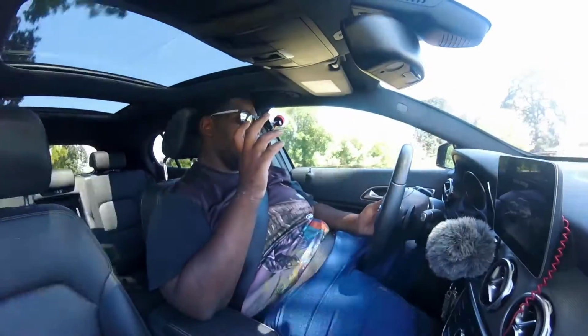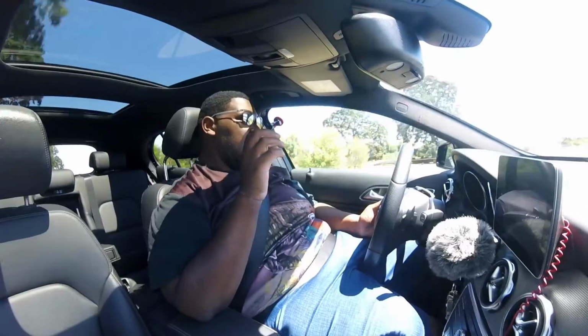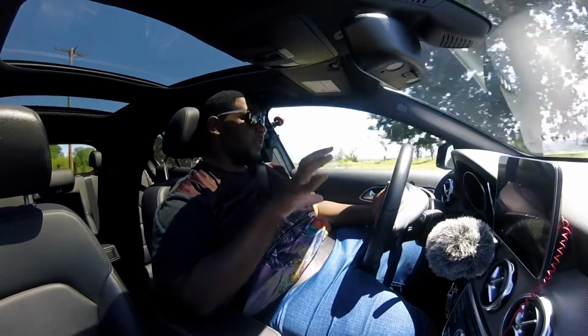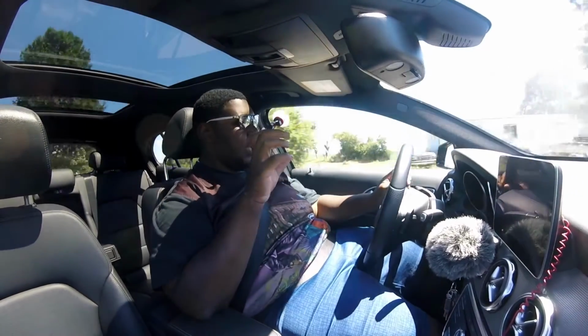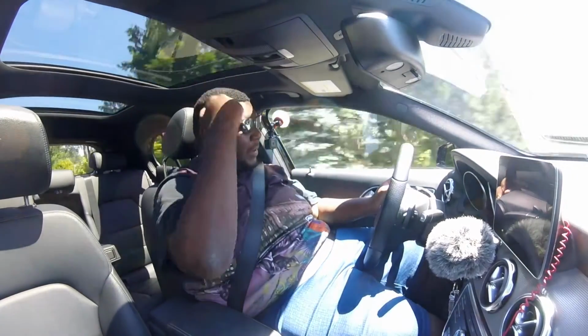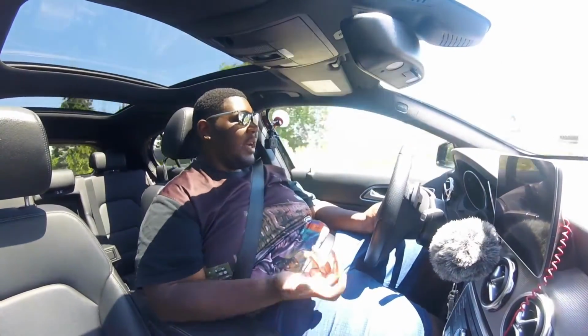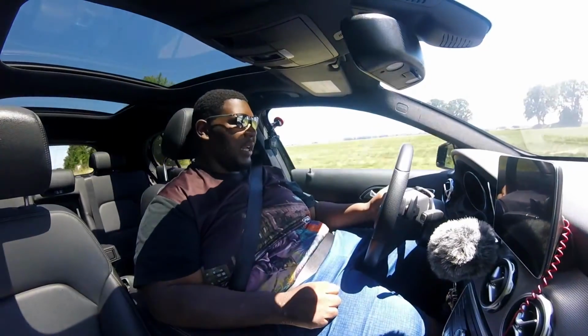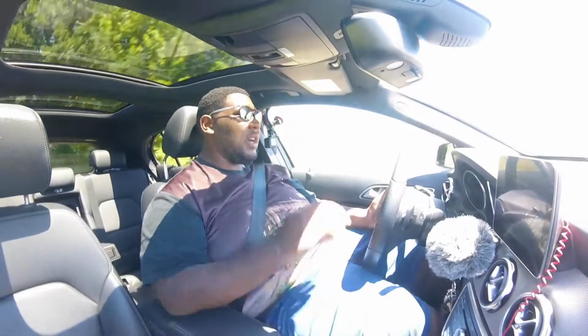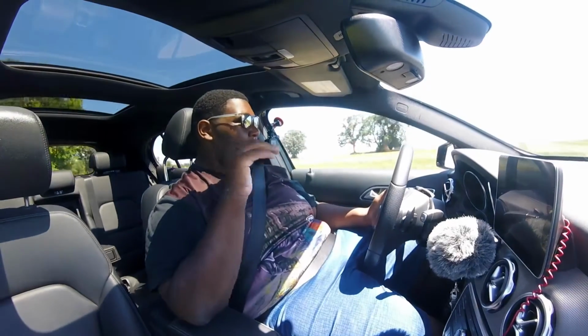And I think it all depends on what you want, because my honest opinion, I love this Mercedes a lot, and I think it is a little expensive for the size and everything, but it's a Mercedes. So you've got to pay the Mercedes tax if you want a Mercedes. That's just kind of how I feel about it. And I think this car is kind of right in the middle of the pack when it comes to those